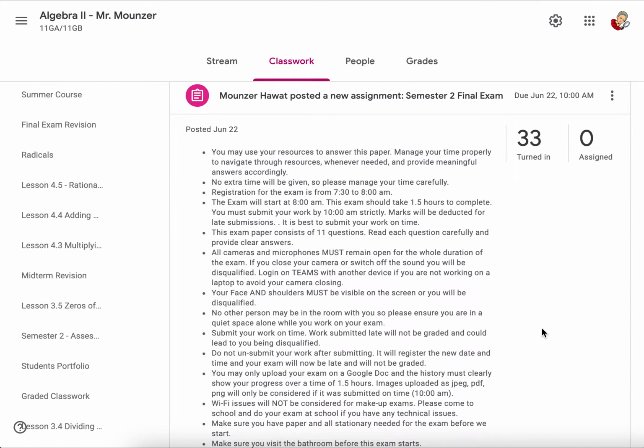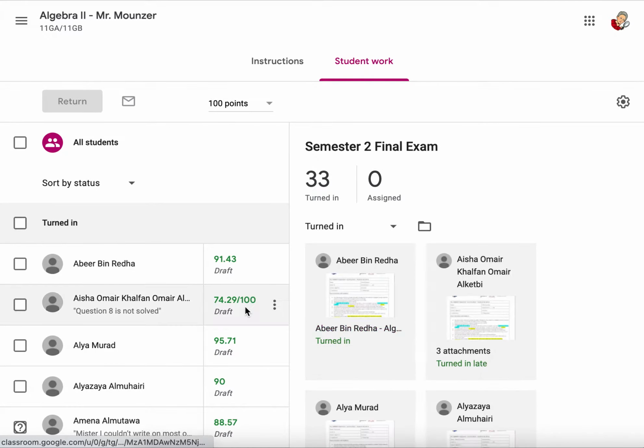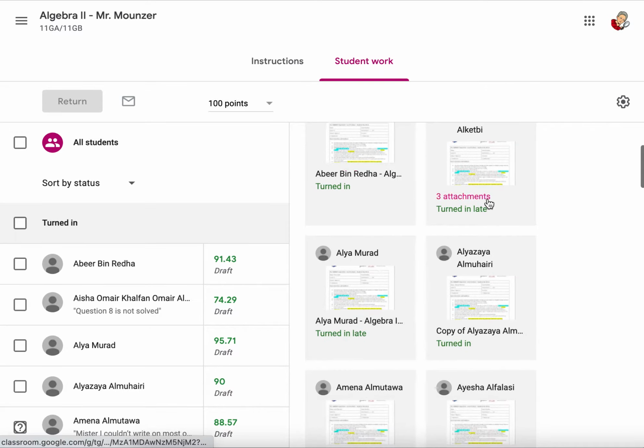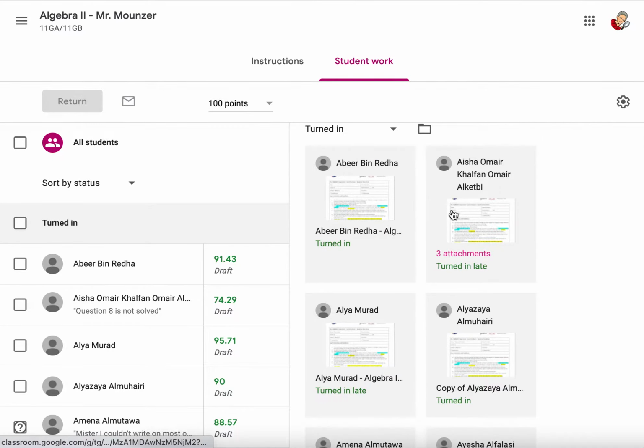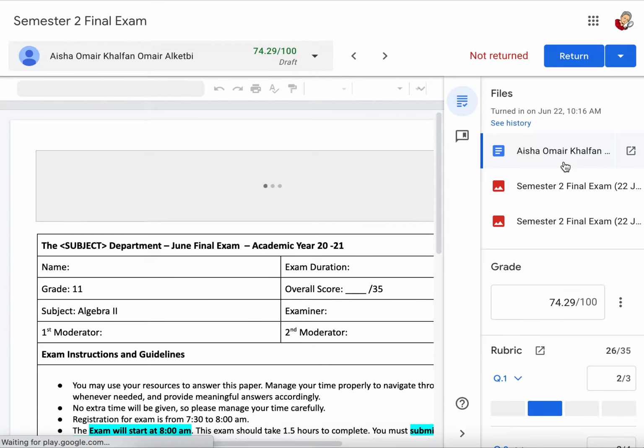Recording because it's really important for you to understand a few things that you need to quickly check. When your students have turned in an exam, especially exams where you can see that they've turned it in late, just a few things to check. When you open the exam up, you can go and look at the history of this exam to see how